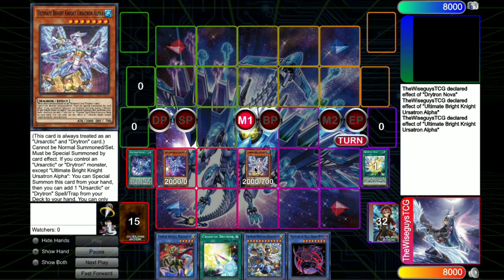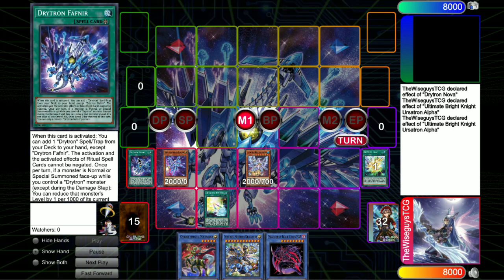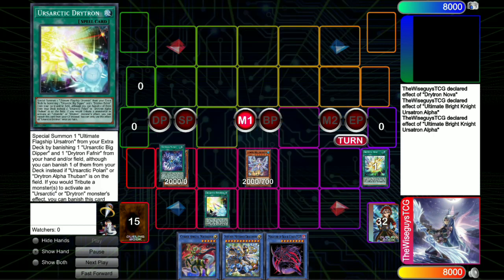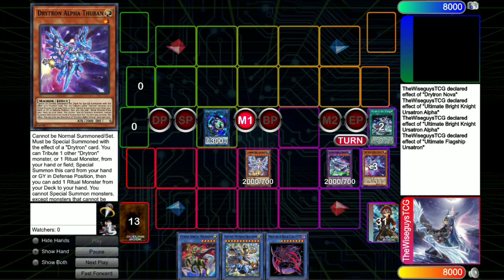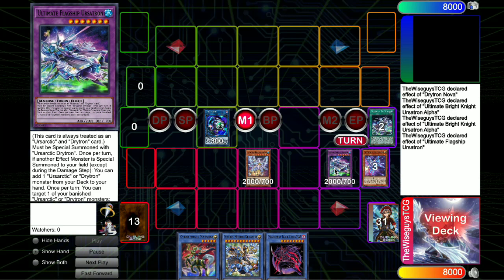Ursatron. Forgive me with that. To special out Alpha. The Alpha is then going to get you to Fafnir, and then the Fafnir is going to get you to the Ursarctic Drytron fusion spell, which is going to help you to summon Flagship, and then from there, Flagship triggers when you summon a monster, which you just take off the Alpha that you're going to use later. Hopefully they don't Bestial you any time before now, but definitely you have a strong ability to just